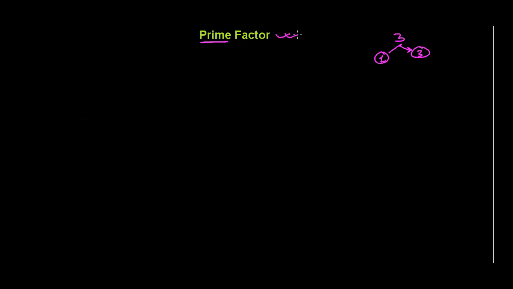And factors we have already discussed very well. Factors of 3 means those numbers which can divide 3. If I'm saying factors of 6, then those numbers which can divide 6. So 6 can be divided by 1, 6 can be divided by 2, 6 can be divided by 3, 6 can be divided by 6. So these four numbers can divide 6 without any remainder. That's why these are the factors of 6, right? So we have a very good concept of prime as well as the factors.